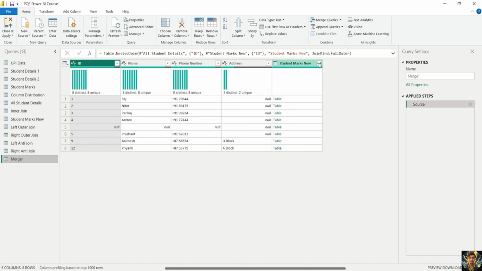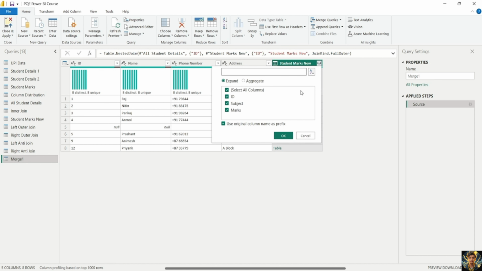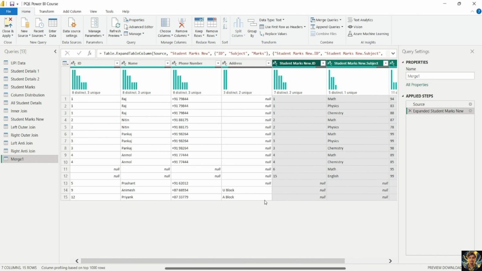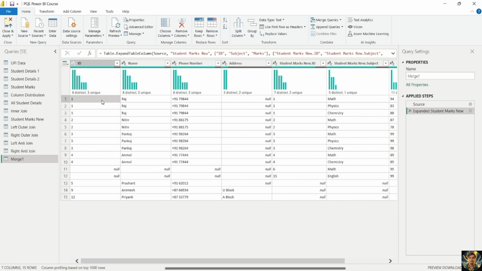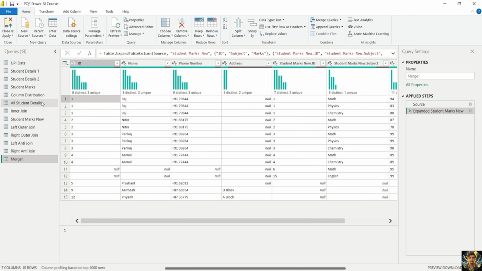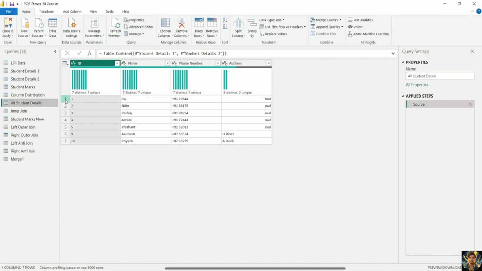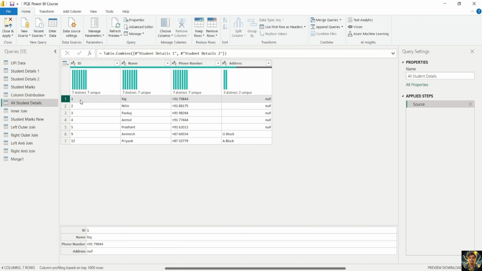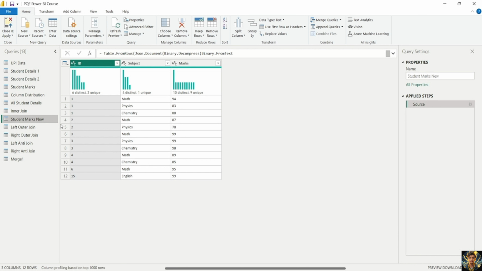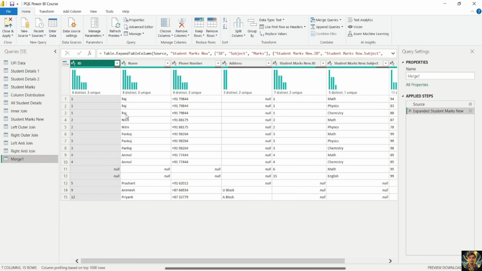First of all, from the second table we want all the columns in the output, so I'll click on this expand button and click on OK. This is the final output that we have. Corresponding to this, 1 was present only once in the left table. You can see this first record. But ID equal to 1 was present thrice in the student marks new table. You can see these first 3 records. That's why in the output of the full outer join, you can see that 1 is present 3 times,